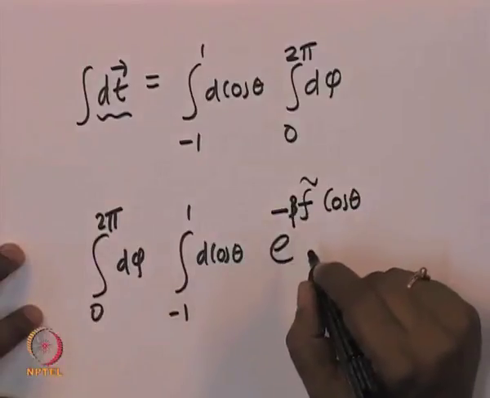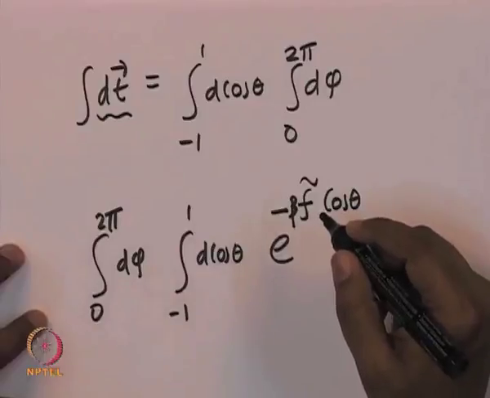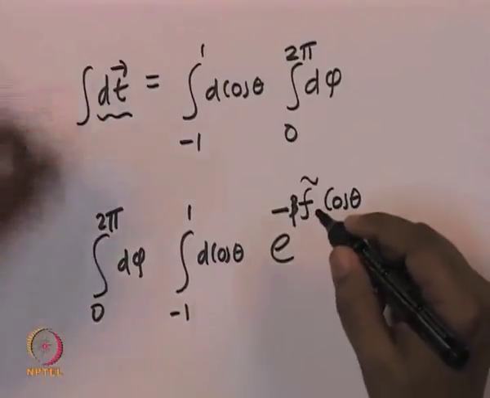Like we did before, the answer will turn out to be 4 pi